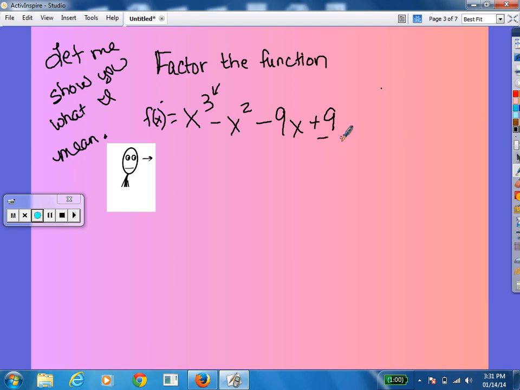What you do is you look at the constant over here and you write all the factors of 9. You know you can multiply 1 times 9 or -1 and -9, 3 times 3, negative or positive, and those are the only factors. So 9 has 3 factors, 1, 3, and 9, but you have to have the positive and negative versions for this term. Every time, regardless of whether it's negative or positive, it has to be all of them, the positives and negatives. So now what we're going to do is start with, you have to guess and check these things. So what I'm going to do is I'm going to start with